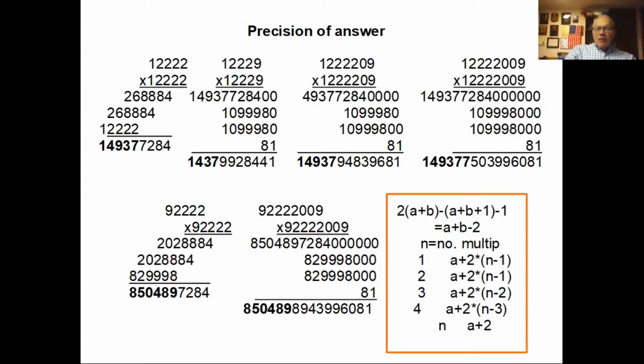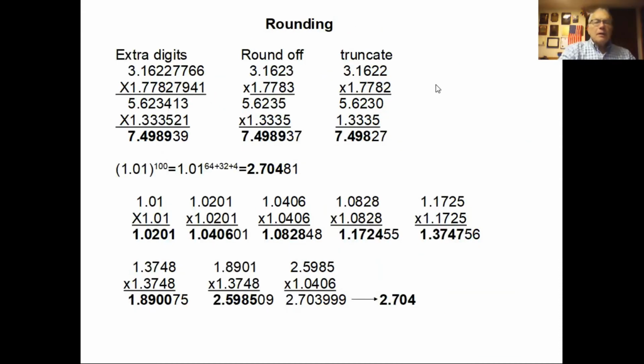And so we gave a formula which basically would tell how many digits we'd need if we were going to multiply 4 numbers together. The next thing to look at is, what about rounding? Because we're going to do a lot of multiplication, and we don't want to have to add lots and lots of digits. So I've taken a number, which is the square root of 10 to about 10 places,